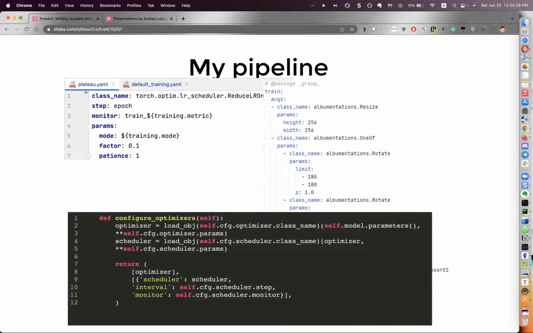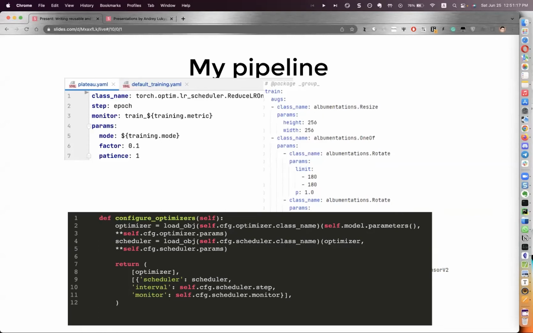And here you can see an example of using these configuration files. This is one of the nice parts of the project. For example, in my earlier pipelines, I usually imported everything which I needed. For example, I need a specific optimizer, I import it. If I need a different optimizer, I add a line with import again. But here I don't need it at all. As you can see, the optimizer is loaded based on the name of the optimizer, and the same for the scheduler. So this way, if I want to, for example, add a completely new optimizer to the project, I simply need to add the configuration file and I don't need to load anything.